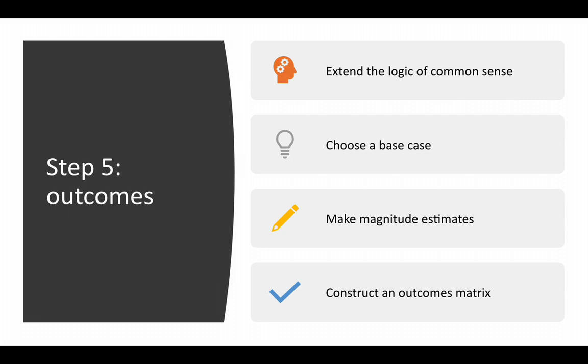All right, so to summarize, for projecting outcomes, you need to extend the logic of your common sense and choose a base case. Usually it is the existing one, then you can vary with your alternatives. And not only project the direction, but also, if possible, make magnitude estimates. You can use guesstimation, of course. And finally, construct an outcomes matrix that will help you to compare the results and make a choice and make